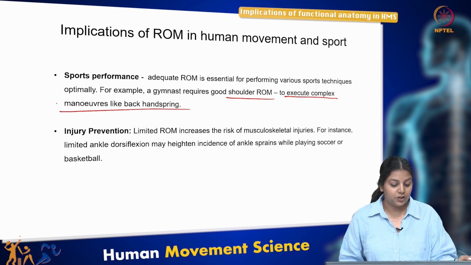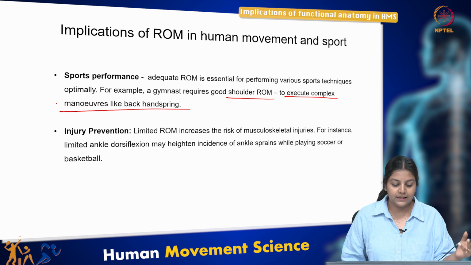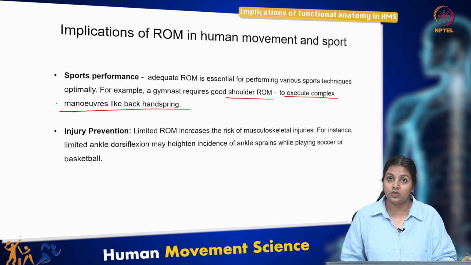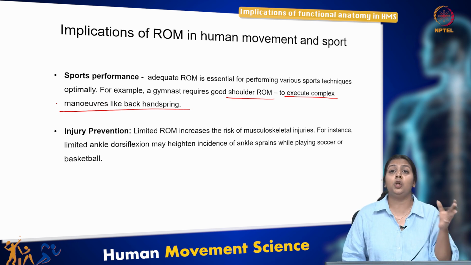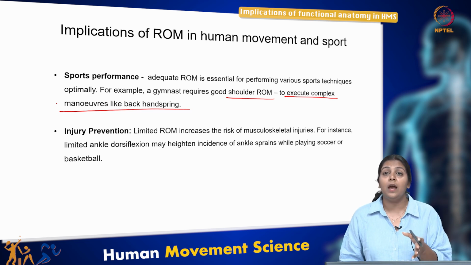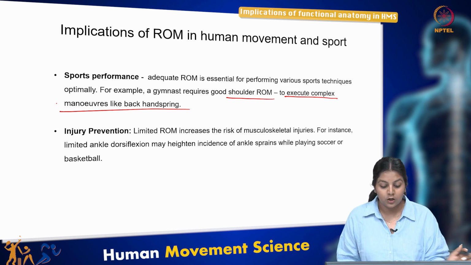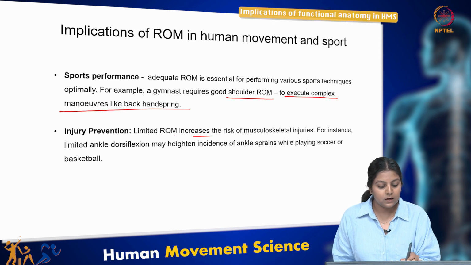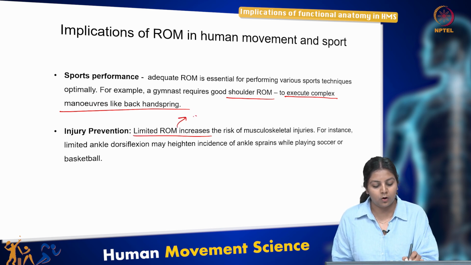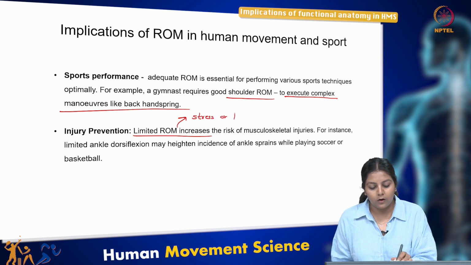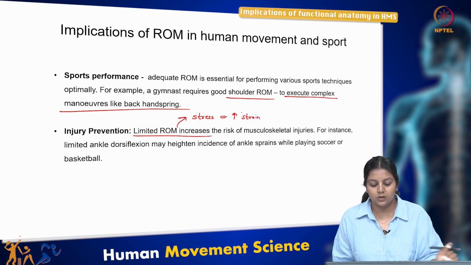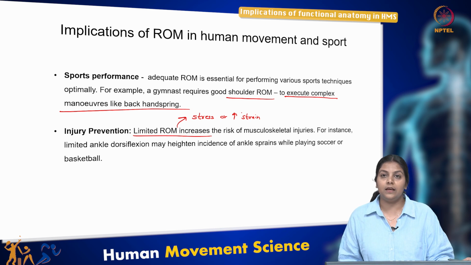Let's look at injury prevention. So limited range of motion obviously increases the risk of musculoskeletal injuries. Now how would that happen? Imagine you are loading your tissues, you're loading your joint and you do not have that necessary range of motion, right? And you're going above and beyond to produce a certain action. So limited range of motion will definitely cause stress or increased strain on the tissues or the skeletal elements and risking